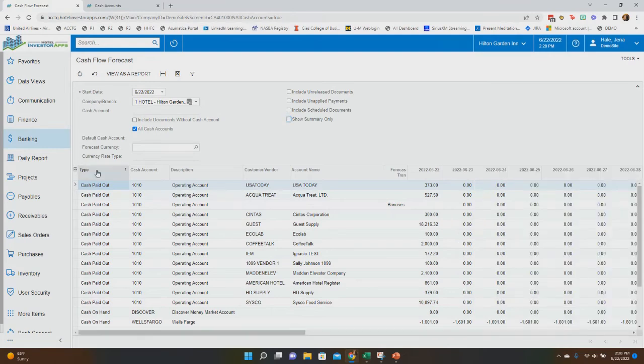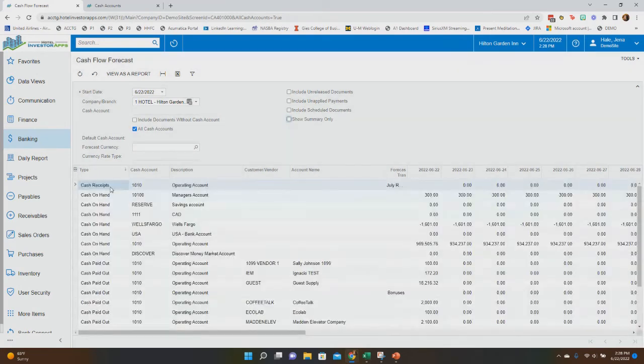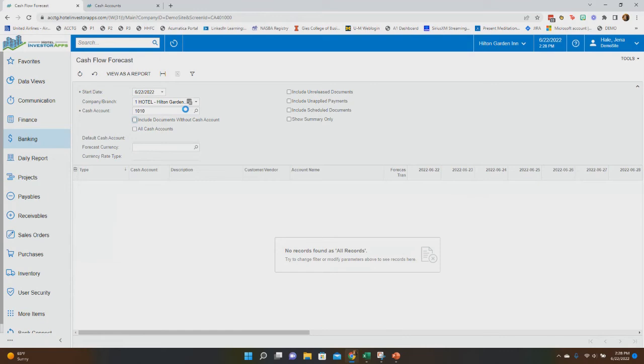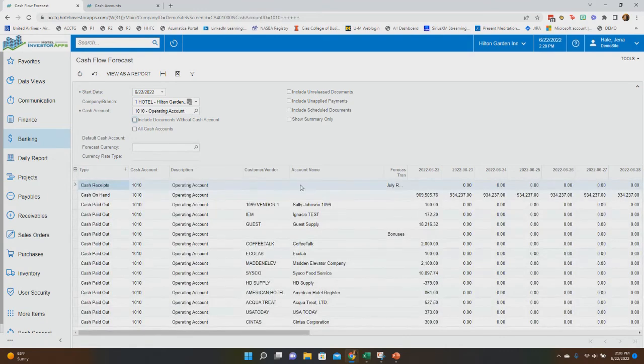So what this is showing down here is you have your types. You can have, let's see if we can put it descending, your cash receipts, your cash on hand for your different accounts. And I'm going to go back to just our operating account. So we'd have any receipts that are coming in, your cash on hand, and anything that's anticipated to be paid